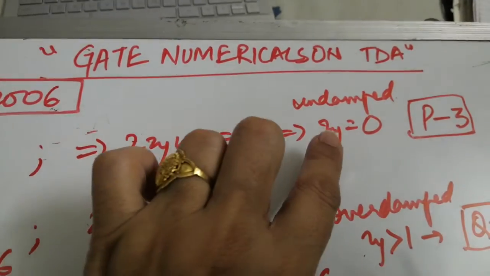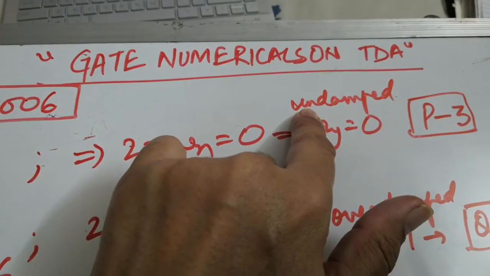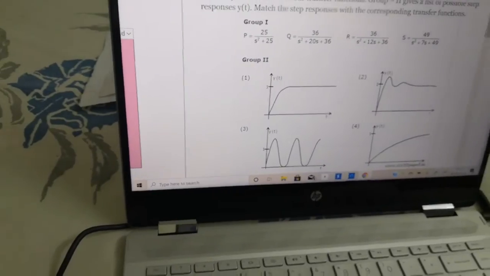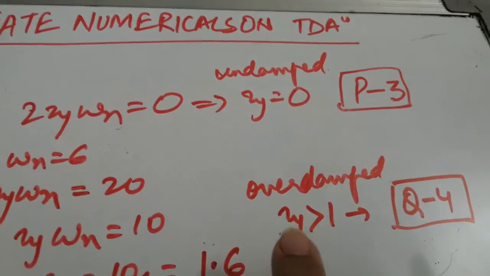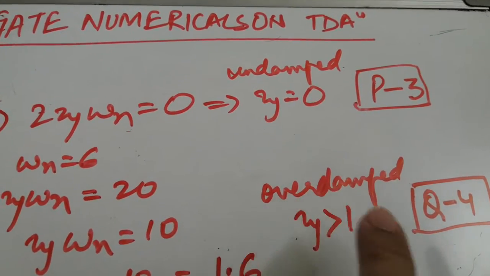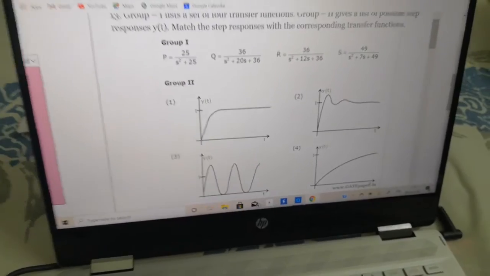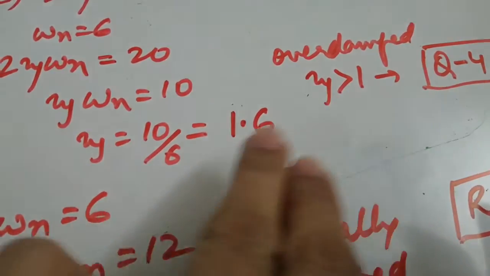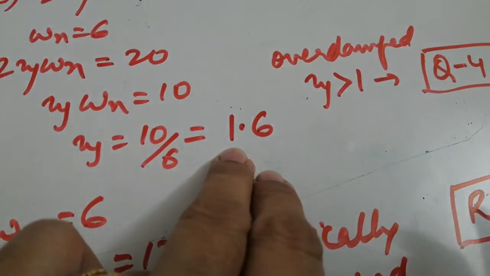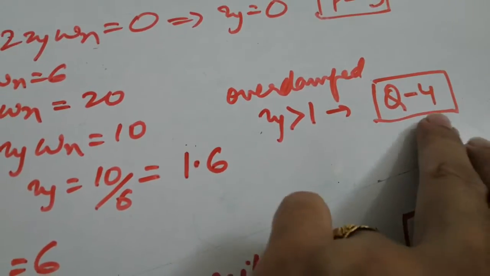As we know, when zeta equals 0, the response becomes undamped, and the undamped response corresponds to our third option. So I have written here P with 3. Next is our zeta greater than 1, that is overdamped. So this is for our fourth option. So Q goes with 4. Similarly, for your zeta greater than 1, that is, your value is coming out to be 1.6, this value goes with your